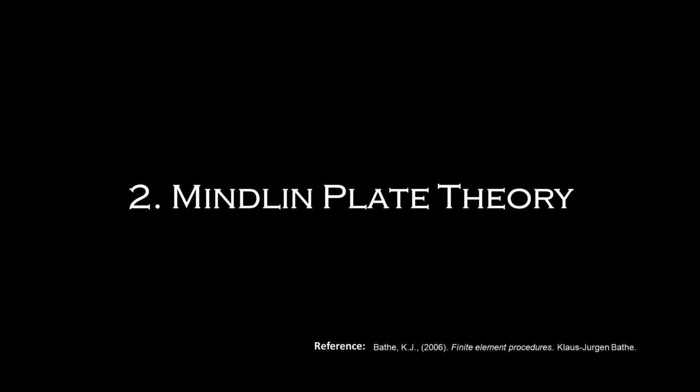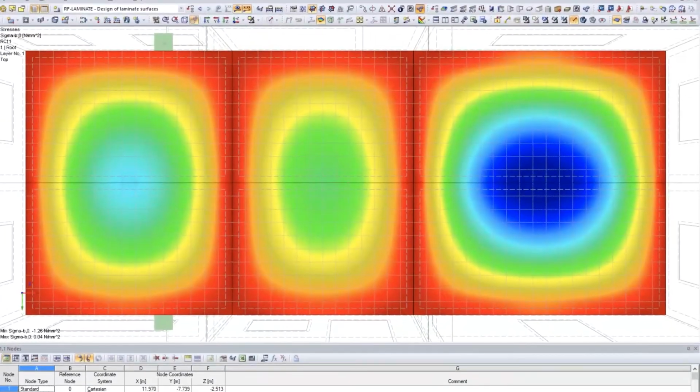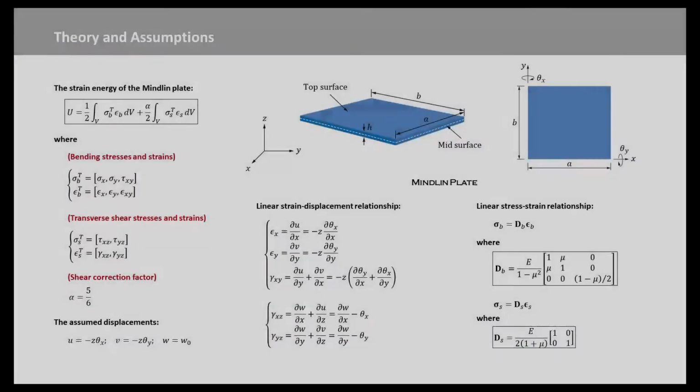A plate is commonly identified as a thin flat structure. In order to qualify as a plate, we require that the thickness of the structure is small compared to its length and width. This assumption simplifies the underlying governing equilibrium equations and also allows for several simplifications on the kinematics of deformation due to the thin nature of the structure at hand. In this video, we consider Mindlin plate.